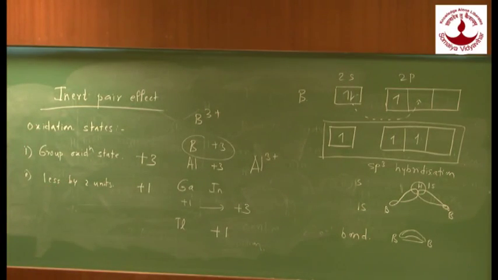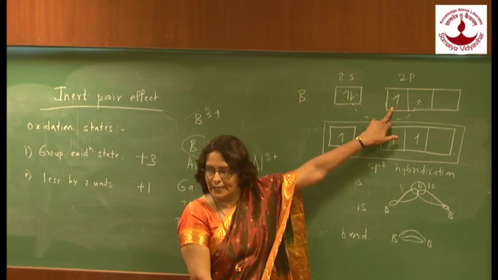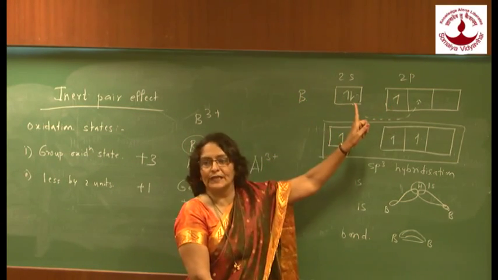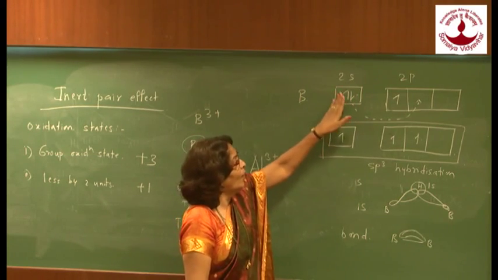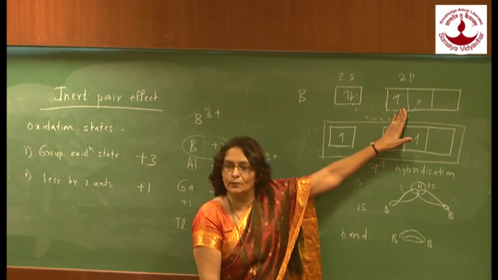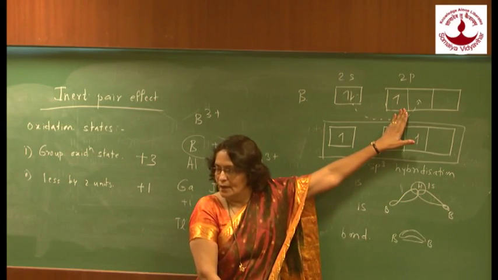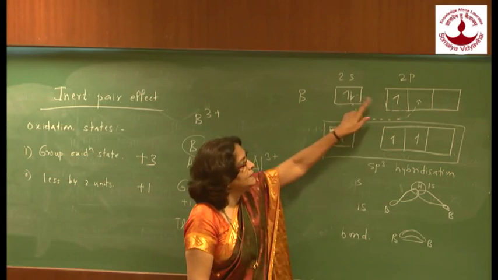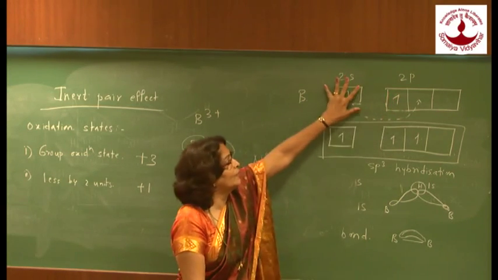Now see, for boron, it has valence configuration 2s2 2p1. So it has 1 electron in the p shell and a pair of electrons in the ns shell. Now if all these 3 electrons are lost, or if they are used in bond formation, then you get +3 oxidation state. But many a times only this p electron can take part in bonding, whereas that pair of ns